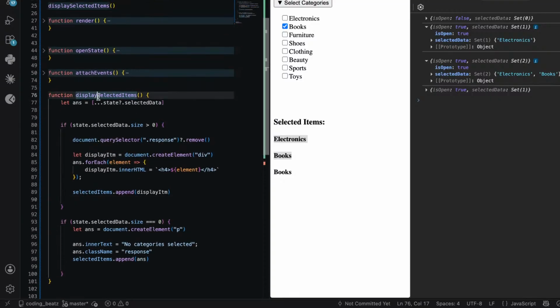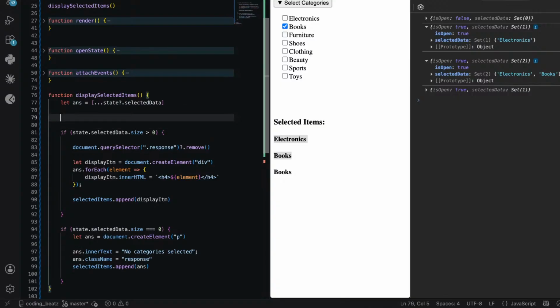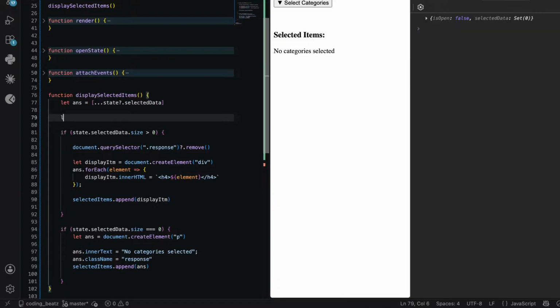Display item here. Okay, so what we are trying to do is, we have two conditions, right? Possibility if it's 0, if it is equal to 0 or greater than 0, right? So let's create a data here. Rather than ANS, let's have